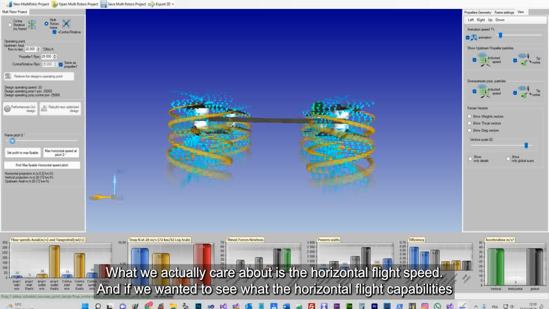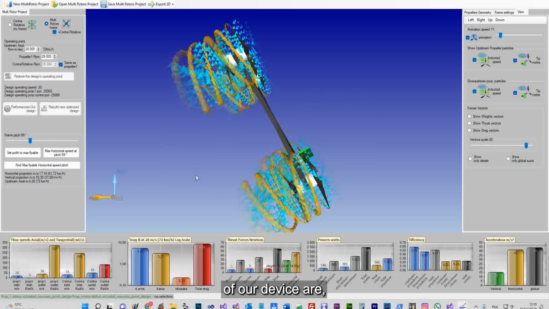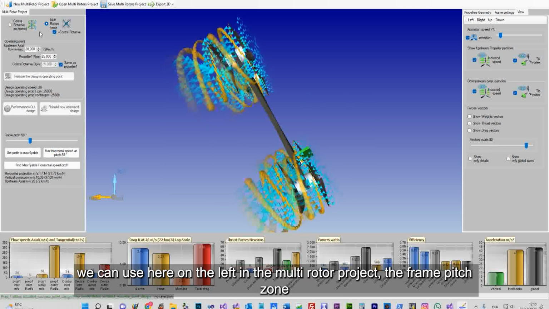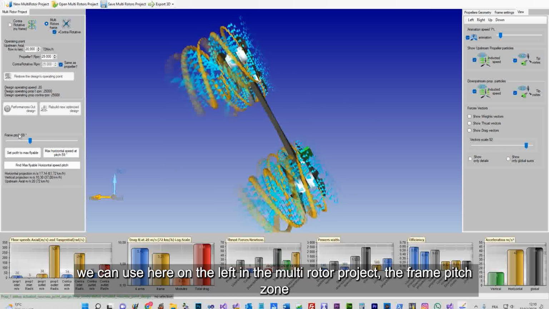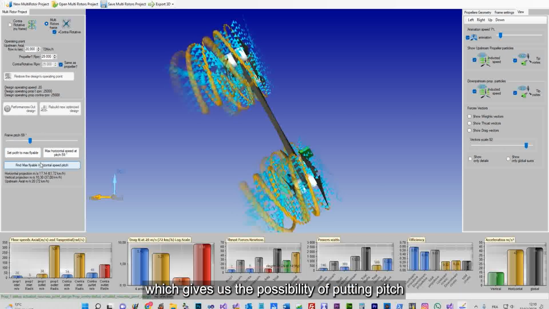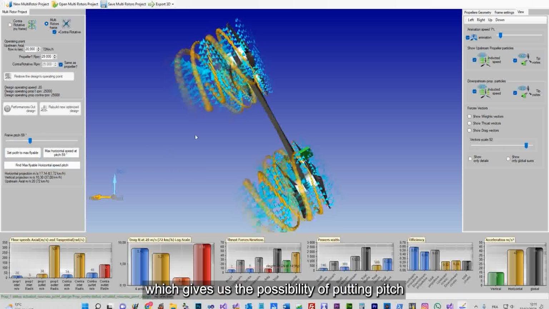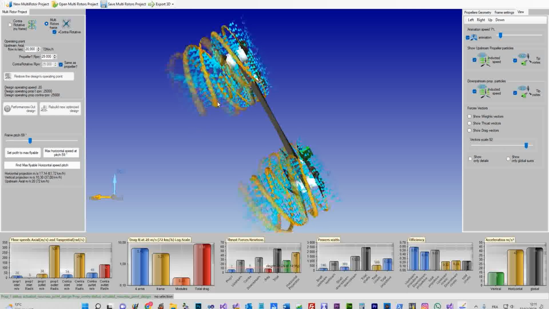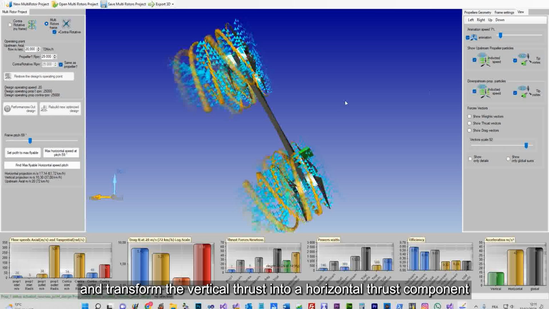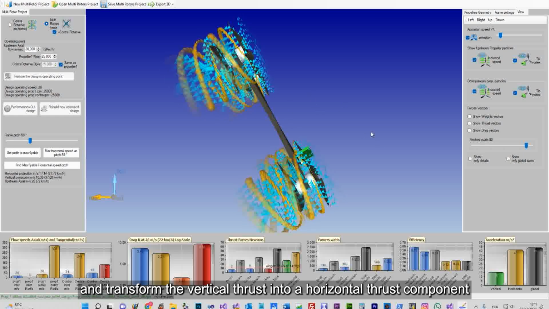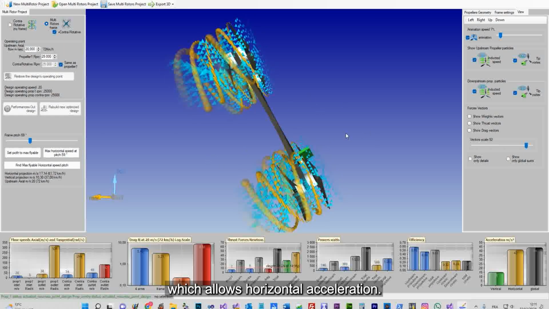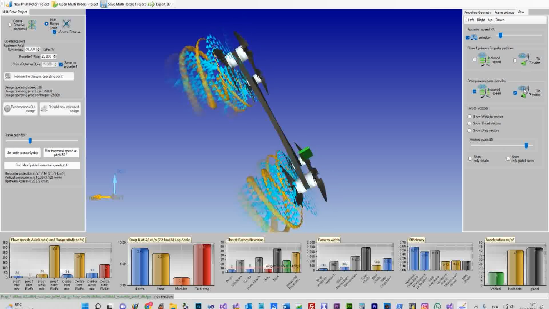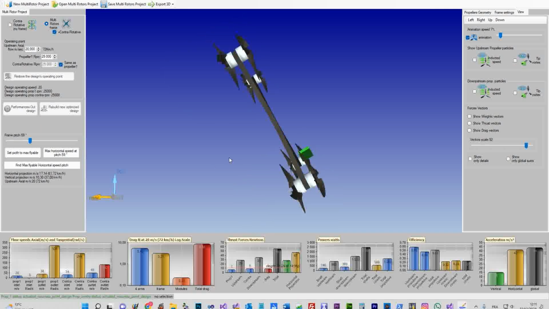And if we wanted to see what the horizontal flight capabilities of our device are, we can use here on the left in the multi-rotor project, the frame pitch zone, which gives us the possibility of putting pitch to the frame, therefore of putting some angle, and transform the vertical thrust into a horizontal thrust component, which allows horizontal acceleration. So we understood well there.